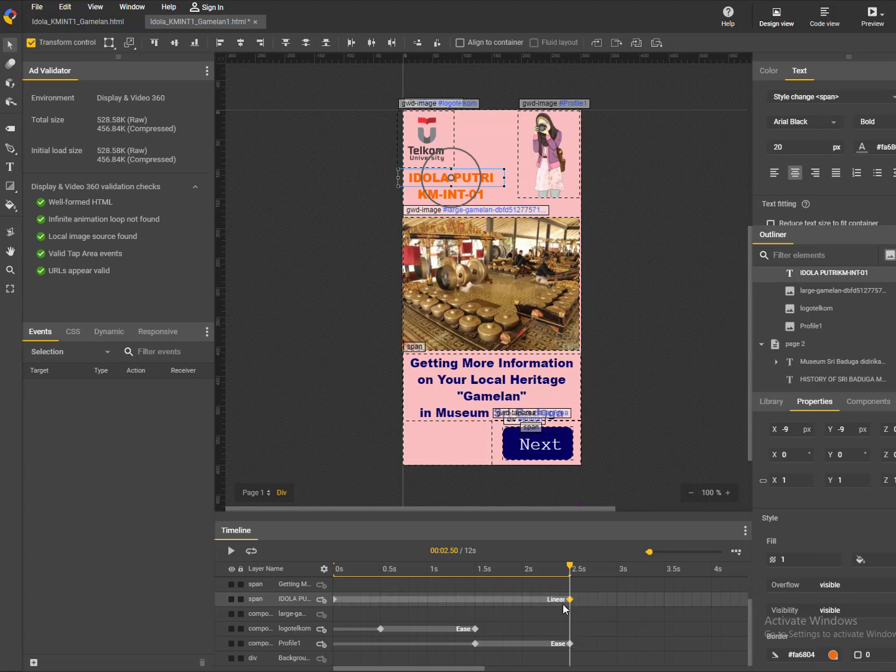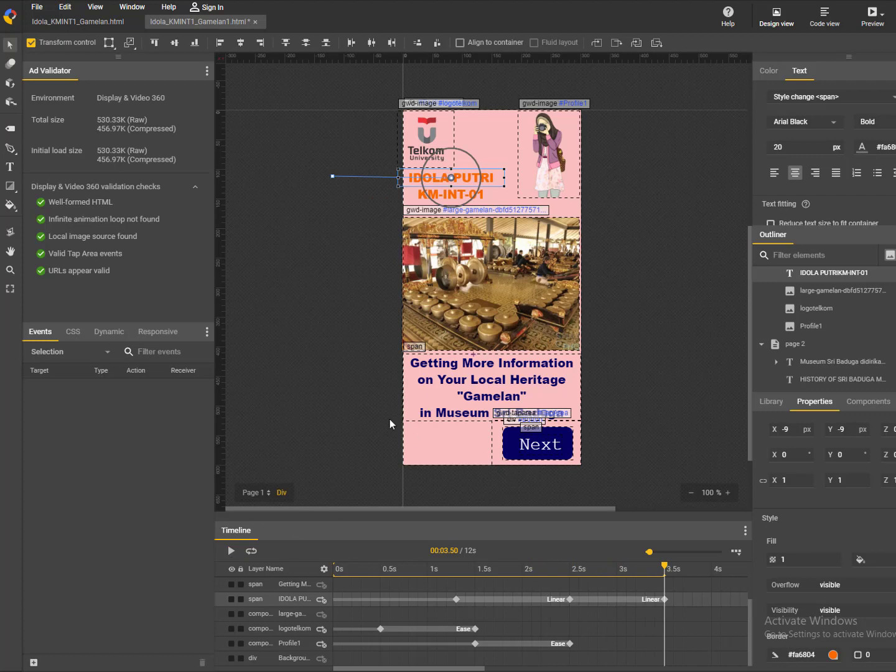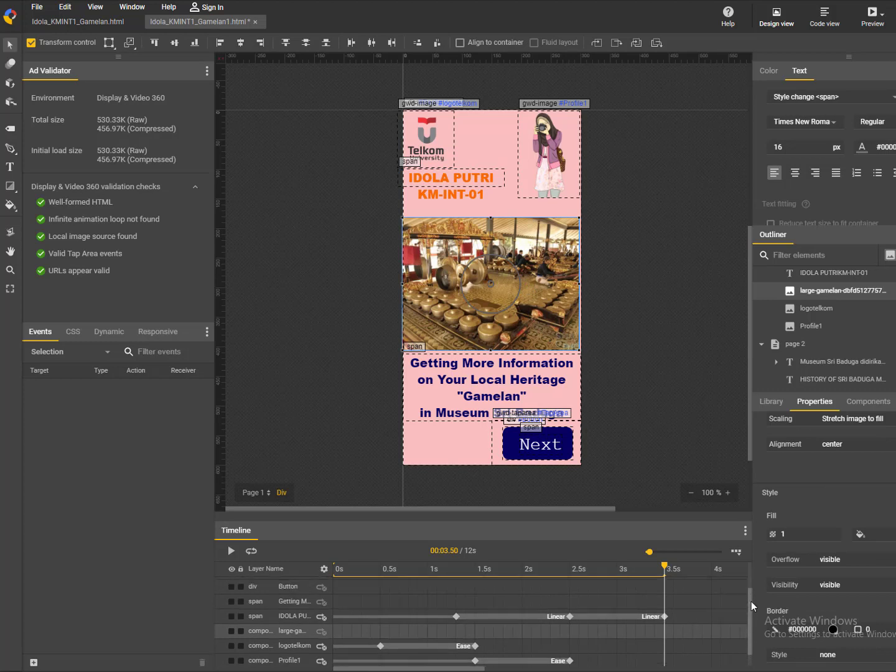Click right, insert keyframe, click where you want the animation to end, click right again, insert keyframe, click the first linear, then move your name to the side, and then don't forget to also erase the first keyframe, the triangle one, so you can see it become like this. Yeah, so you can just make any creation with your animation.